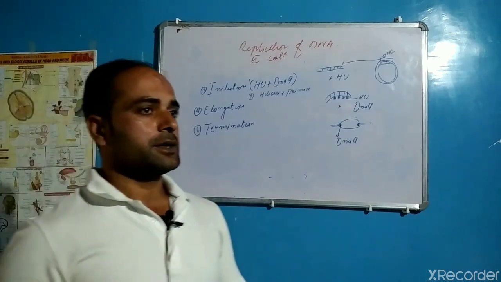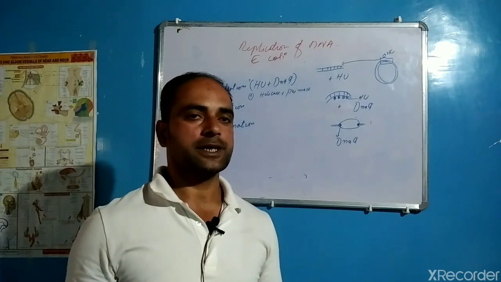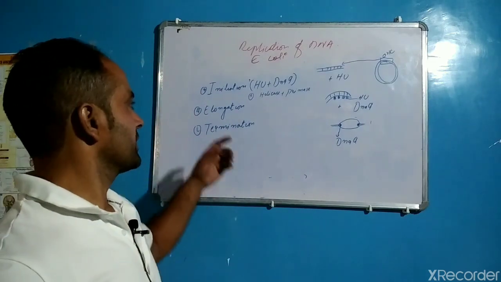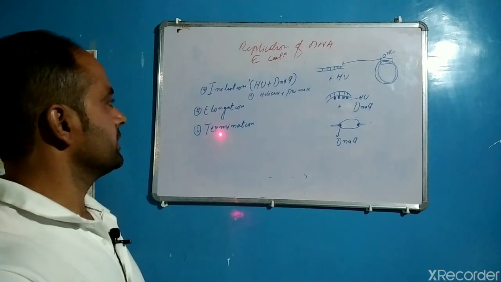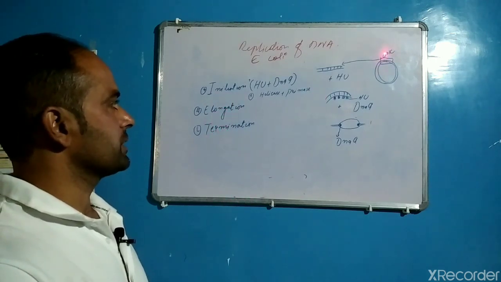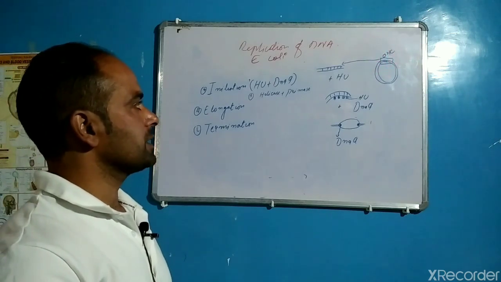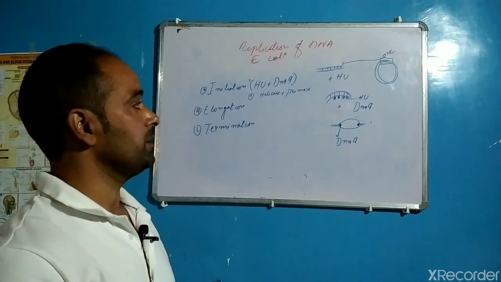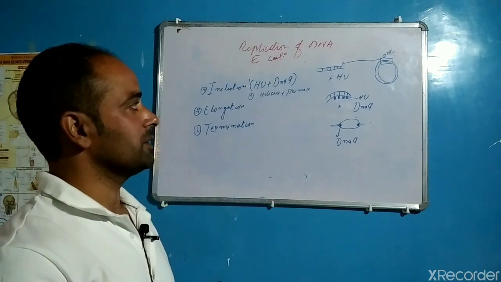DNA replication is a very complex process, but for the sake of convenience, it has been divided into three processes. First is initiation, second is elongation, third is termination. Let us first take the initiation process. Initiation always begins at ORC, or origin of replication, where there are sites,